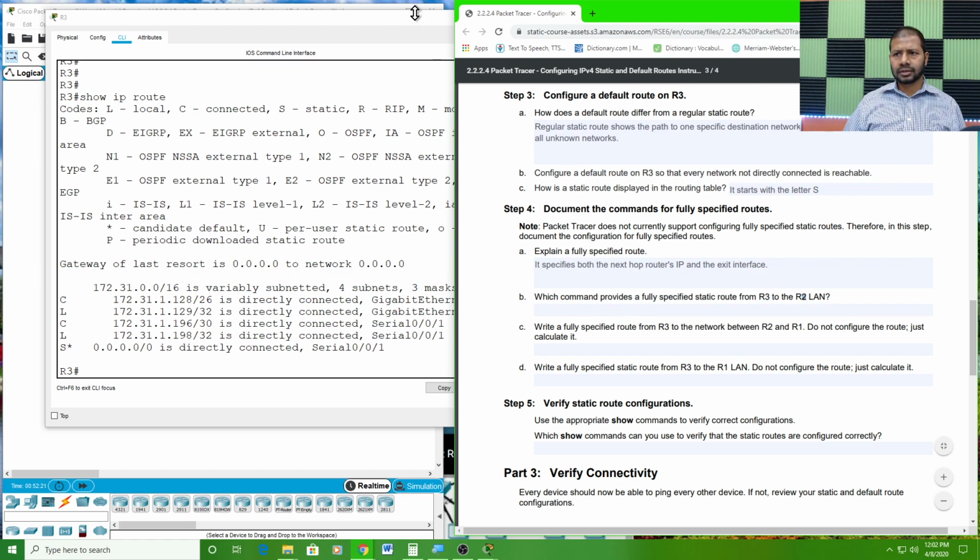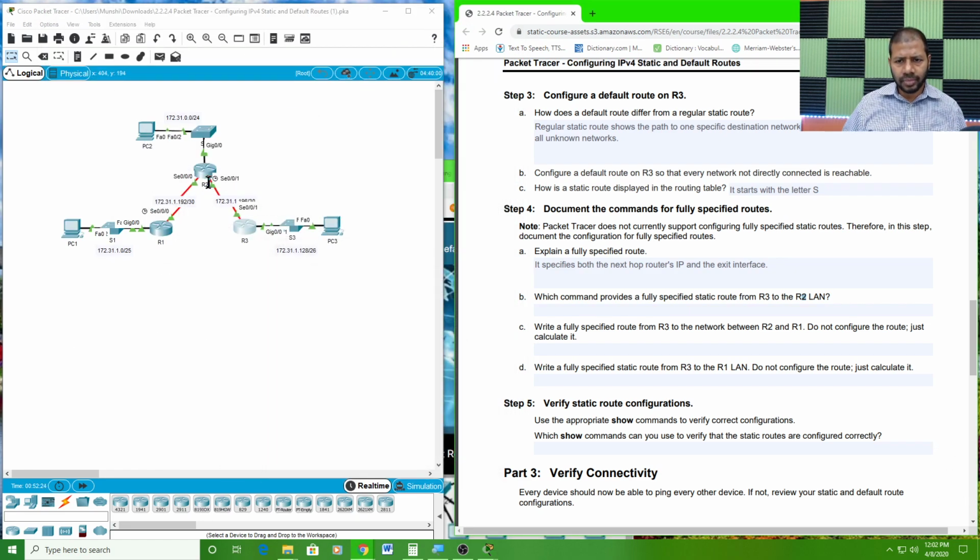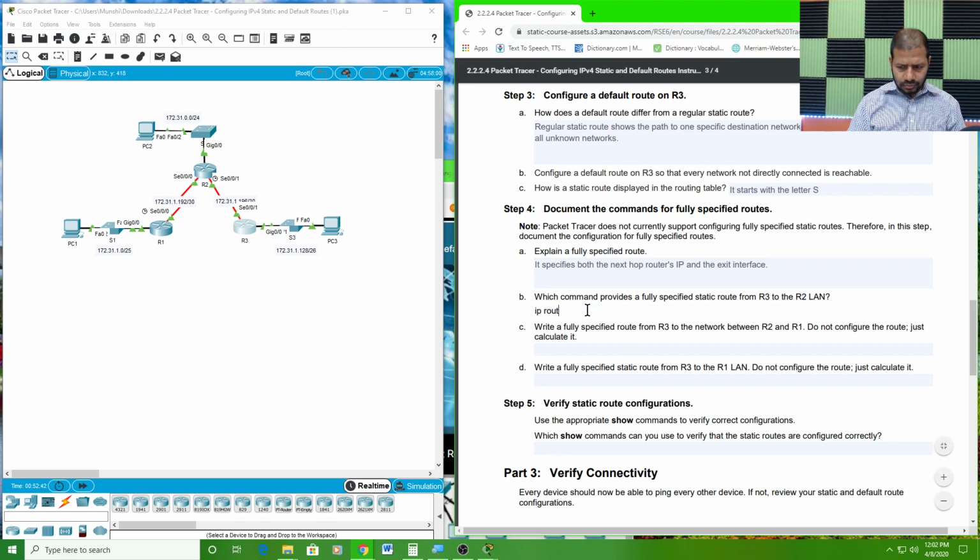The R2 LAN, what is the IP address of the R2 LAN? R2, here is its LAN, local area network for the R2 router. That is this one right here, 172.30.100.24. So which command? The IP route 172.31.0.0. Okay, 31.0.0 and 24-bit mask 255.255.255.0. Okay,